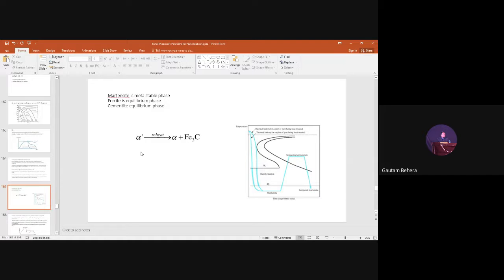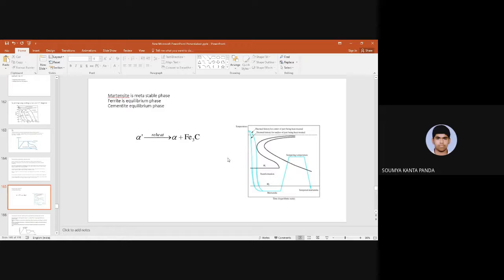Okay, fine. So you understand what happens exactly. This martensitic structure, which is present in the steel due to hardening heat treatment, when reheated, becomes ferrite and cementite. So this is the final product basically obtained after tempering. Right? So now from this reaction, can you tell me why ductility is coming into the picture, why toughness is coming into the picture, but in this case, why brittleness is there?